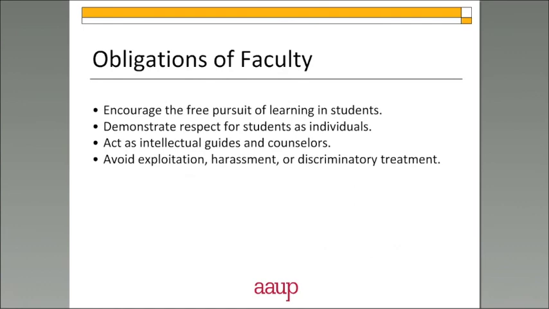And this here is very briefly simply further clarifying that the AAUP's definition of academic freedom most certainly does not either allow for discriminating against students on the basis of their political beliefs or propagandizing in the classroom. These are quotes from the Statement on Professional Ethics that faculty should encourage the free pursuit of learning in students. They should demonstrate respect for students as individuals, act as intellectual guides and counselors, and avoid exploitation, harassment, or discriminatory